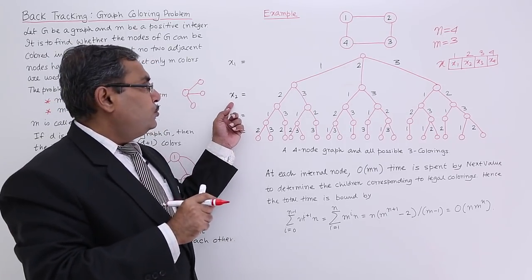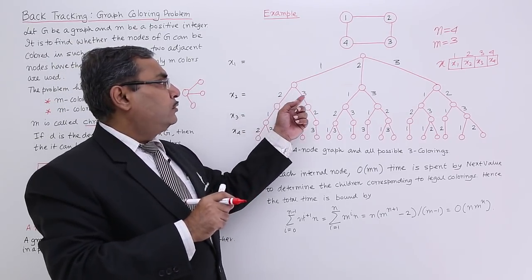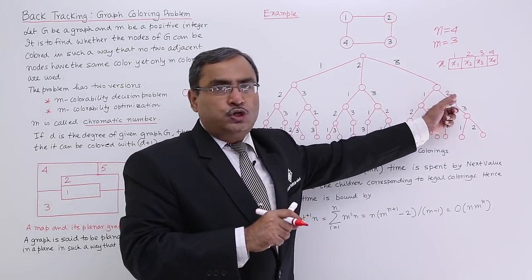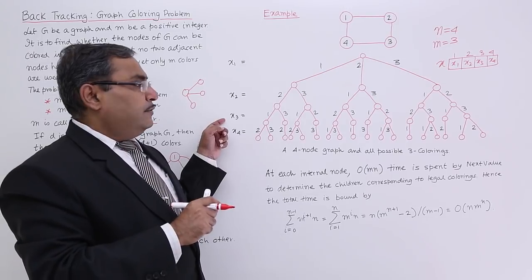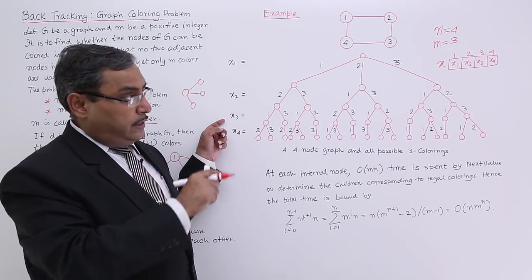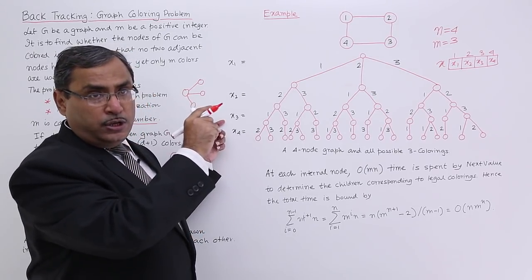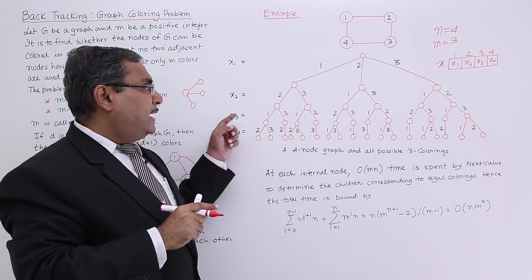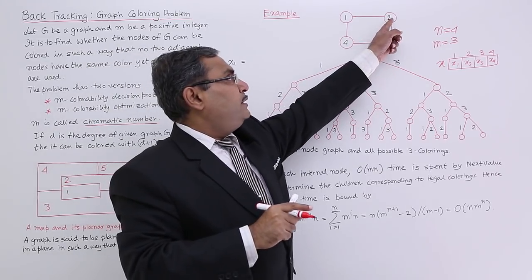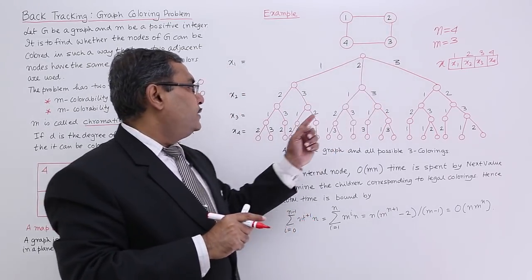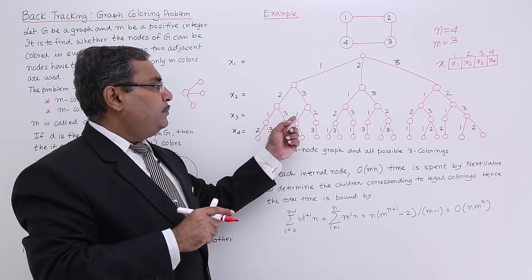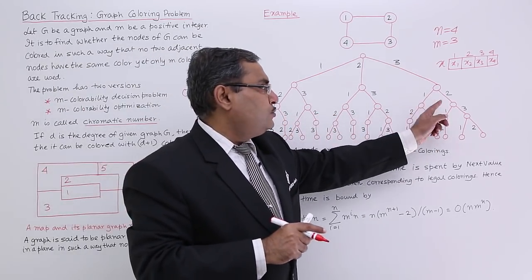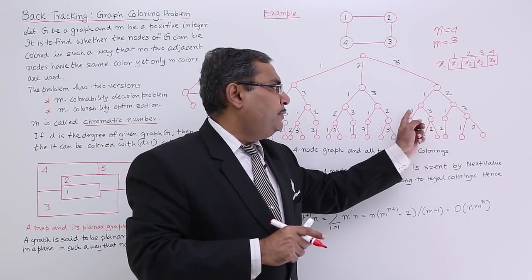See, x2 can be of the color 2 or 3. If it is 2, then 1 or 3. If it is 3, then it is 1 or 2. Now, for node number 3, the respective position index will be 3. So the value at that location of the x array will be x3. So x3 can have, if it is 2, the other color can be this. Okay, you can easily verify. If it is 2, it can be 1 or 3. If it is 1, it can be 2 or 3.